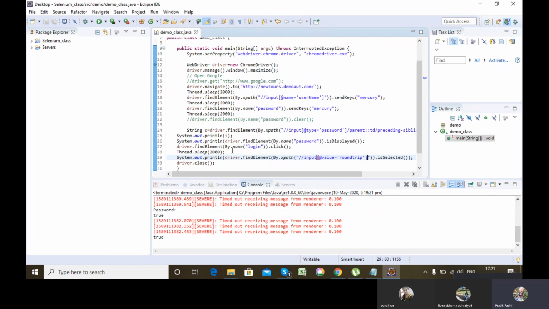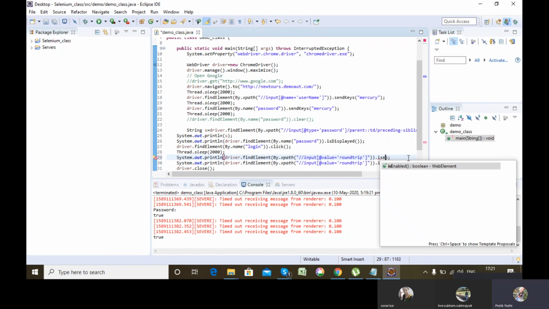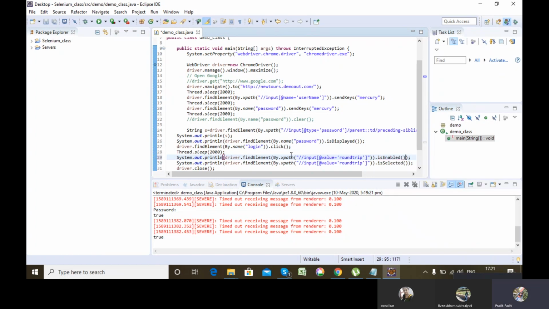Let's see, if it is enabled for me, it will return true in code. So this piece of code will also print true for me in the console.